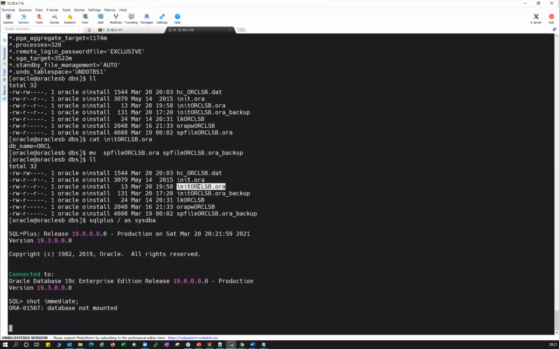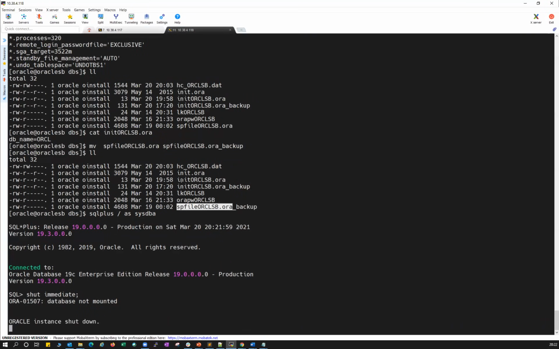Because I thought there's only one init file, and I forgot there's an old SP file. The moment you do startup, the priority is that it first looks for the SP file. If an SP file is available, it will use it and start. If there's no SP file, it will go to the init file and start the database. One of the best practices, when you create your init file, is to mention that init file location to avoid this kind of confusion.